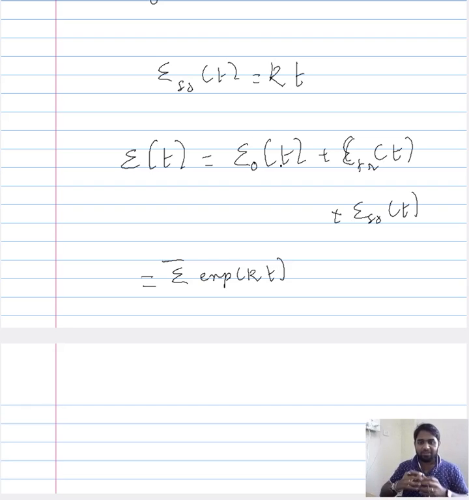It is characterized by an exponential increase in the strain at this period, and the amount of increase does not vary with time. For each and every time step, that is dt, the amount of strain would remain constant,